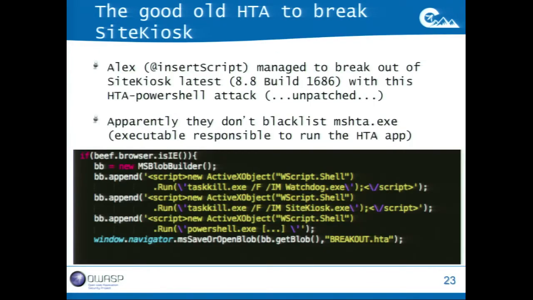This is actually the code that was used in the example to break out. It does three things. First is killing the watchdog, then killing sitekiosk.exe, and then finally executing. And these strange JavaScript objects are Internet Explorer only. As you can see, MSBlobBuilder works only in Internet Explorer. I'm sure that many people already tried to fuzz it. I'm not sure if they got bugs out of it, but